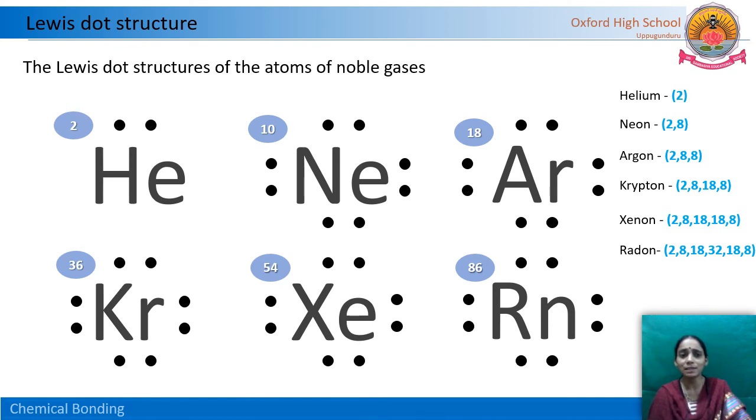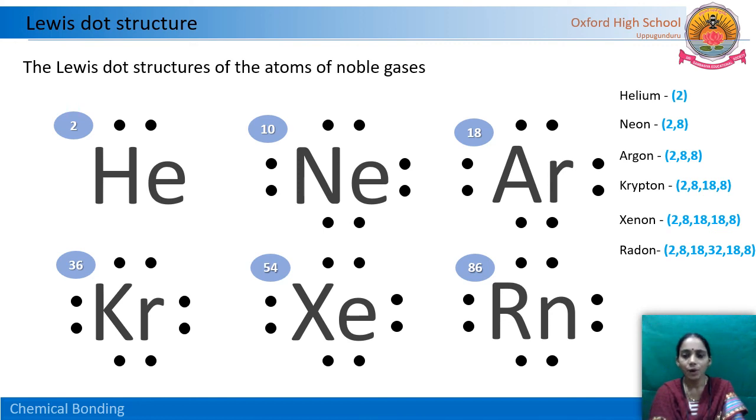In the previous class, that means in our last lesson, the periodic table lesson, we discussed the octet rule. The atoms which consist of 8 electrons in the outer shell follow the octet rule. Those are very stable and they do not participate in any chemical reactions. That means they are very least reactive.